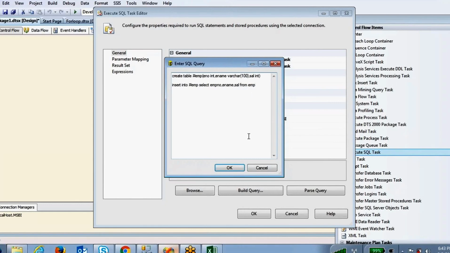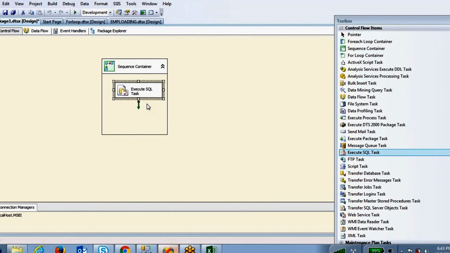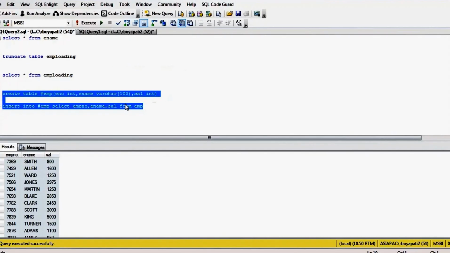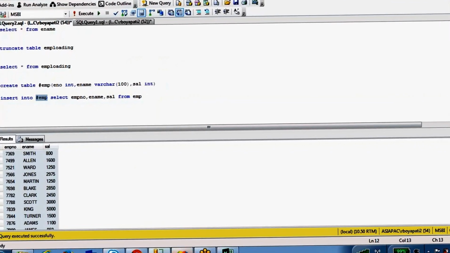What this task will do, first it will create the temporary table, and then it will insert the data from this table into this table.